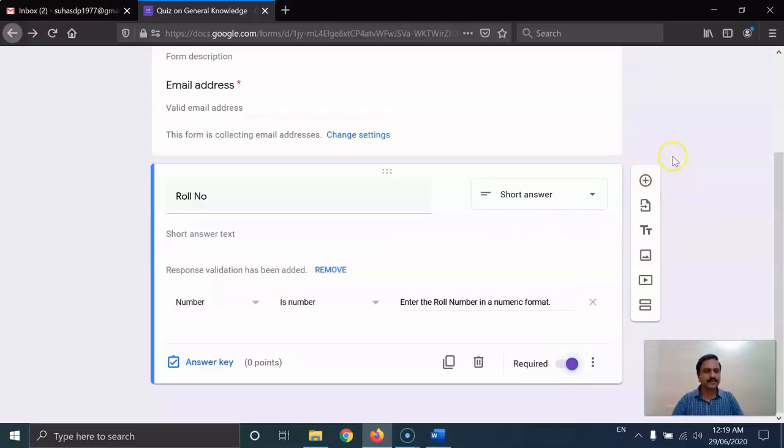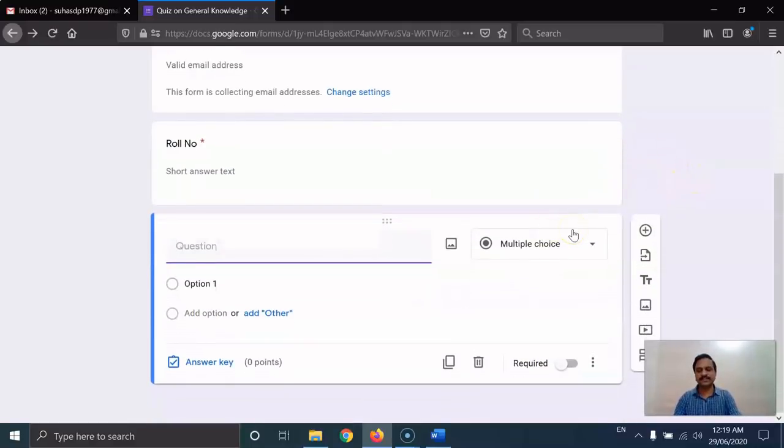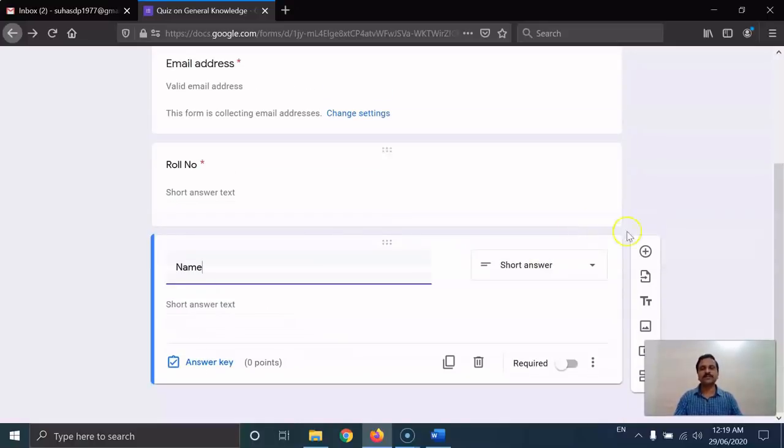Now I am going to add another question. So click on this plus button and here the next question that I was supposed to add is name of the learner, and of course the name is a short answer in one sentence. Again I am not assigning any point here, so I am keeping it as 0 points. I am making this again a compulsory question. So the learners have to compulsorily add the roll number as well as the name of the learner, right?